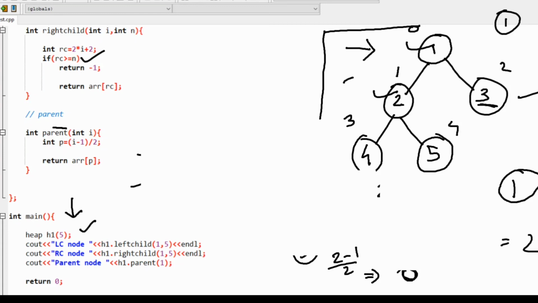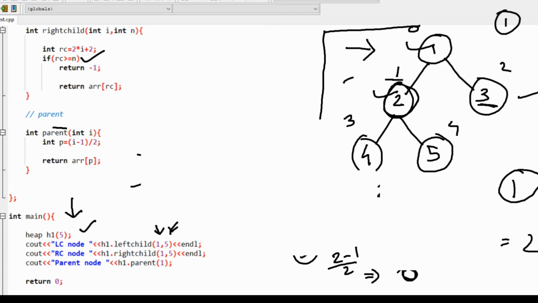Now I need to find the left child of the node having value 1. So this is the index value and this is the size value. I need to find the left child of node 1. In this tree diagram, the index value is 1 and the value at index 1 is 2.